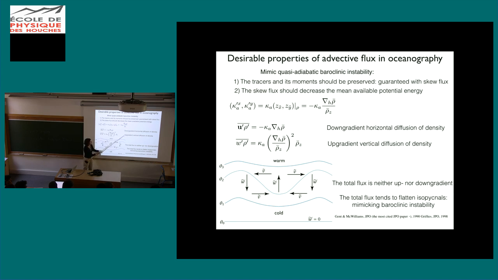So it's down gradient in the horizontal, but up gradient in the vertical. In fact, the net resultant is neither up gradient nor down gradient because it's along the isopycnals. But what this does is it tends to relax slopes. So for example, here you have two isopycnals, and here the slope is positive, so V will be positive. Here, on the other side, if you look at W, the slope of this is positive, but